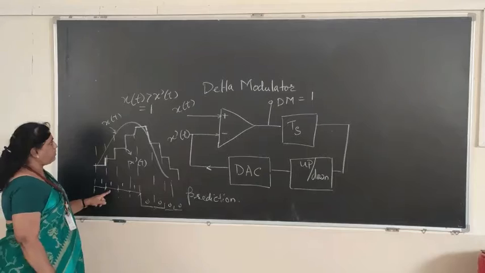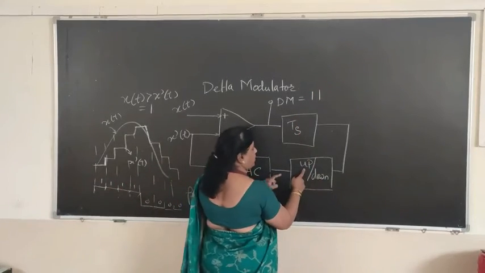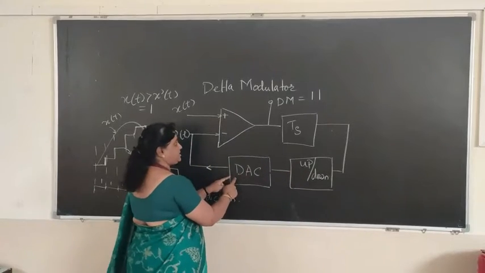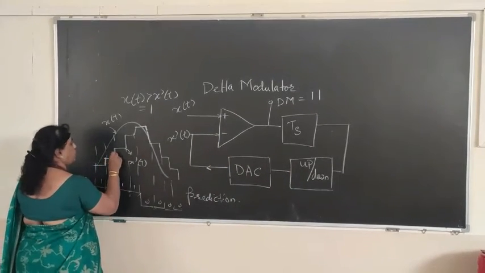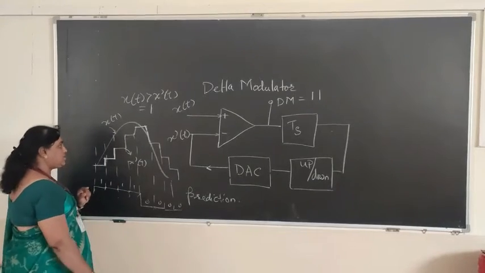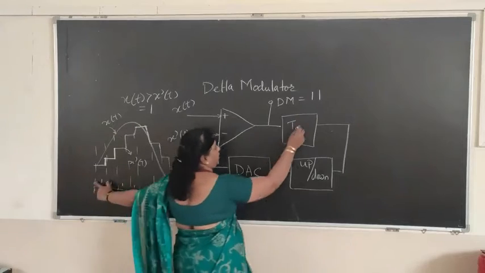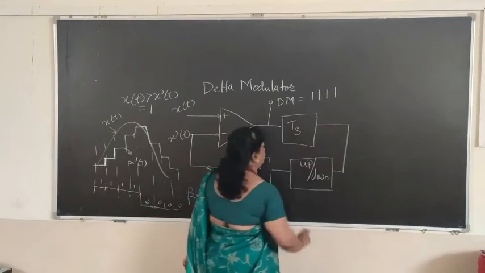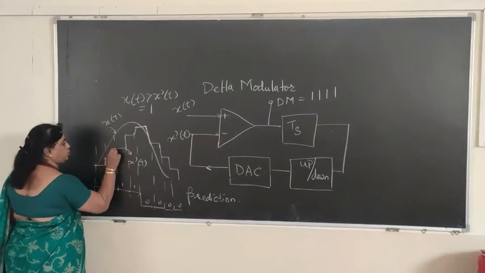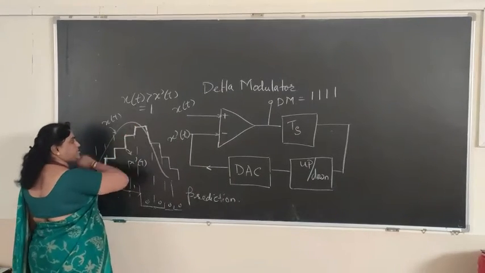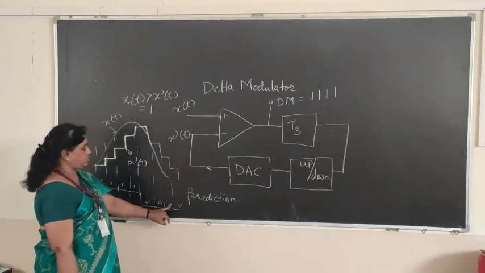Now next again comparison, output is nothing but 1. Again the up counter is activated, DAC incremented by 1. We will have an increment in one step. So in this way you have 1, 2, 3, 4 ones where the up counter is activated, DAC incremented 4 times, 1, 2, 3 and 4 times DAC incremented. After that you have 0, 0, 0.